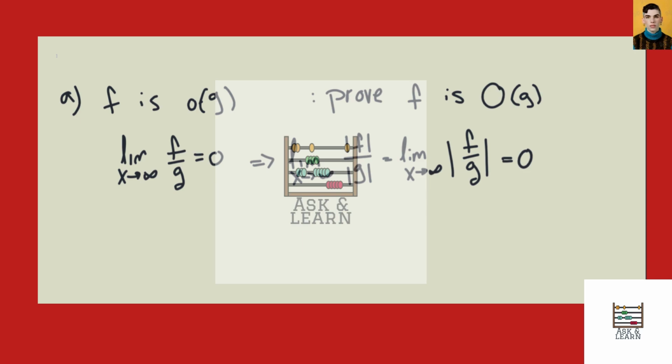Well, if the limit here is equal to 0, that implies that the absolute value of f over the absolute value of g must be less than or equal to some constant, c, for x greater than some k. So when x is sufficiently large,